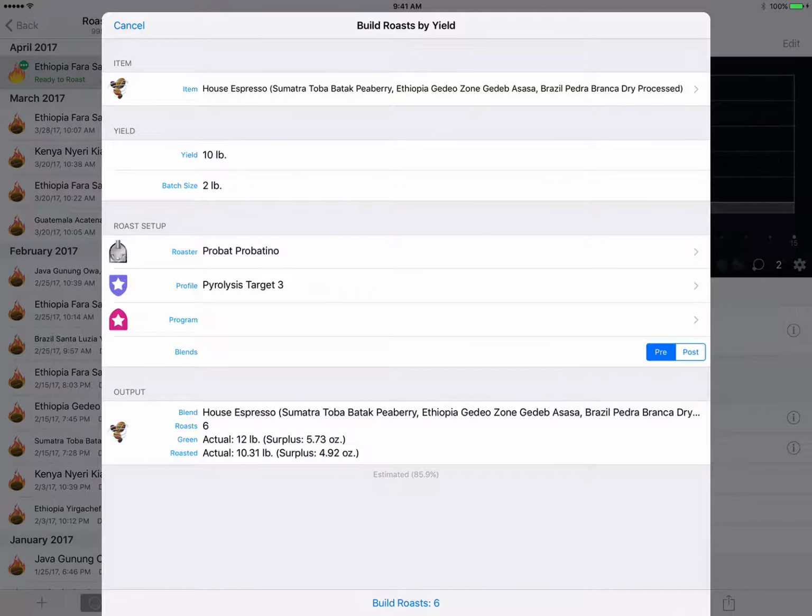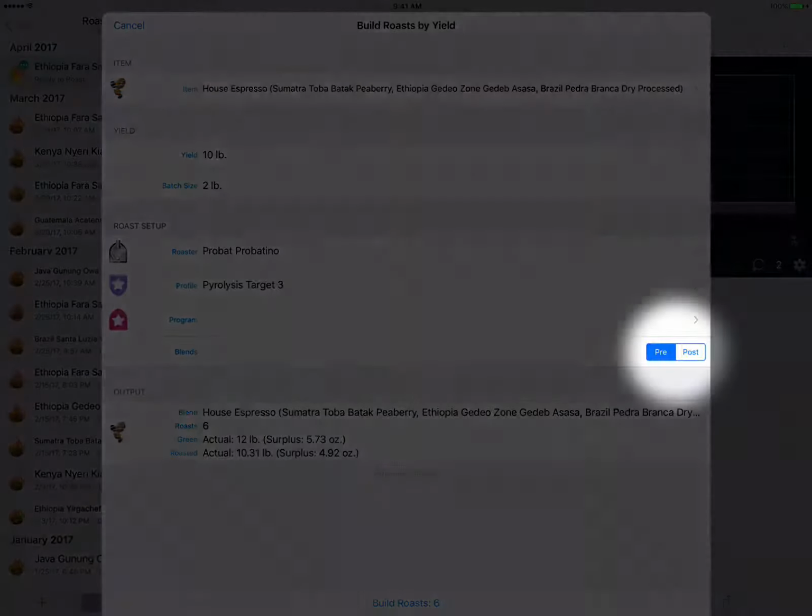But what if we post-blend? So what Roastmaster is assuming here is that we're pre-blending. But if we don't pre-blend and we actually roast every bean individually, maybe to a certain roast degree for each one, and then we blend later, Roastmaster can accommodate for that as well. So we just choose post